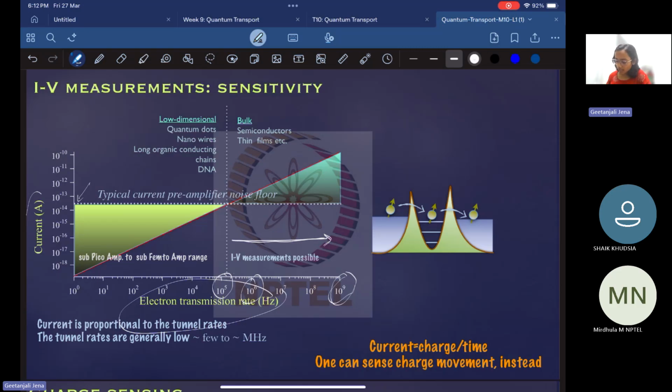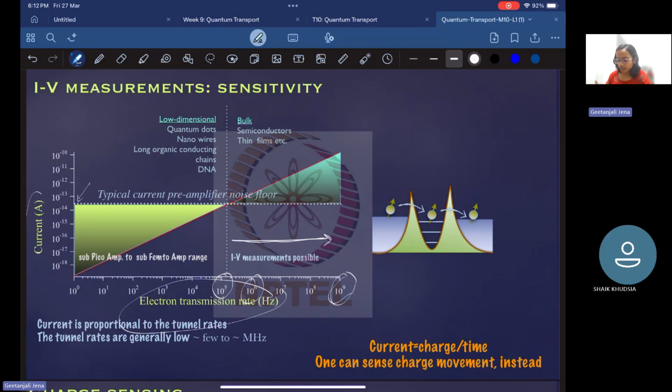But below 10 to the 5, below the region where the tunnel rate is in the order of megahertz, kilohertz or some hertz,